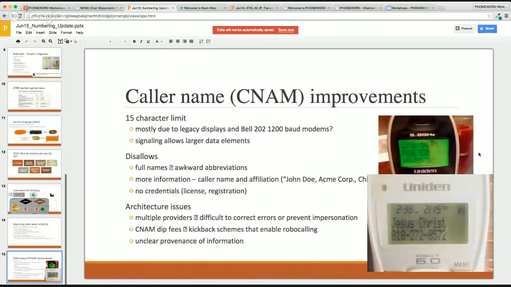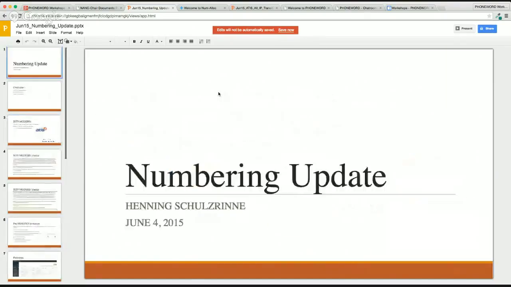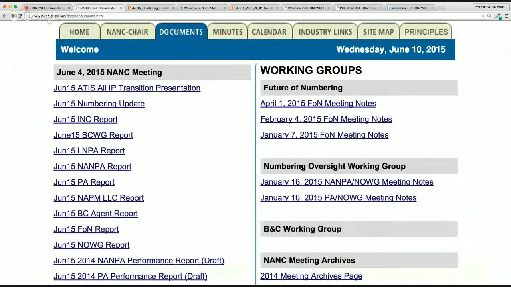Improvements. And here Henning talks about what a problem it is, how the CNAM can be spoofed, and that's causing some big problems. So that is a summary of Henning's presentation, which again you can find on the Nancy website, which is back here, and that's nancy-chair.org. The other presentation is the ATIS all IP transition presentation, and if we go to that,